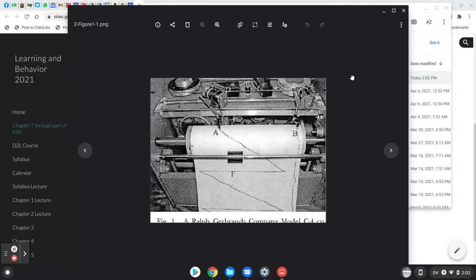Okie doke. So this cumulative recorder is much, much, much more like the one I would have brought into class. Let's review. There's a solenoid here, which this pen doesn't move, but it can tick. There's the solenoid we saw in the first picture that can go up the page. Here are those very delicate, very expensive glass pens. One of them recording the animal's behavior as this stepper motor steps. And then this other one, see these, they seem to be